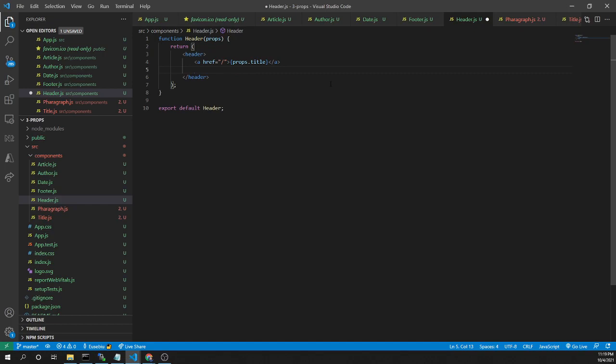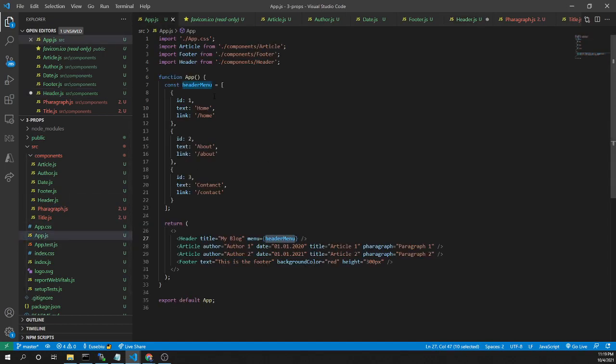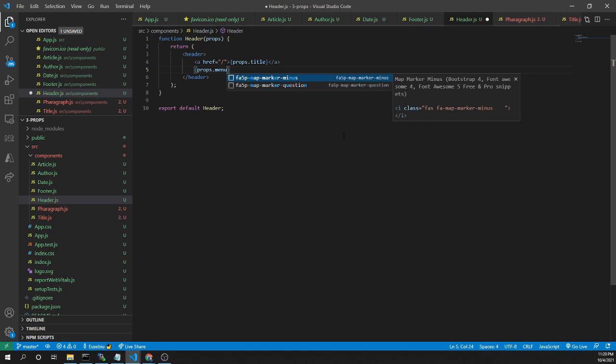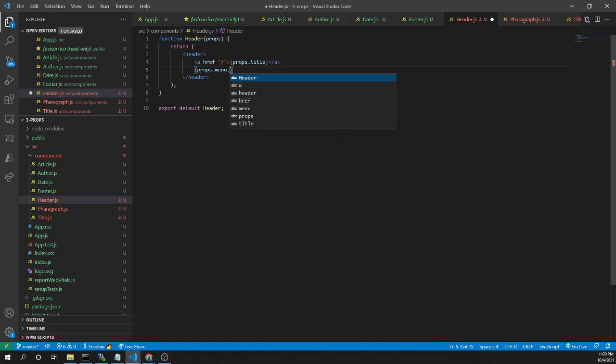And now let's add the menu. So the menu is this array, which is sent here in the menu, and now we need to access it and to add each link from the menu. So I need to access props menu, and I'll use the map function to iterate through all the objects from the array and to put each element from the array in my JSX page.